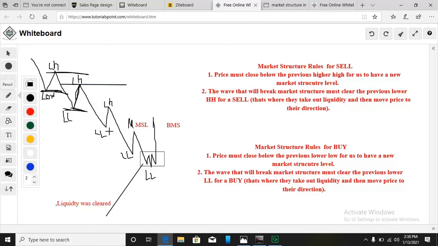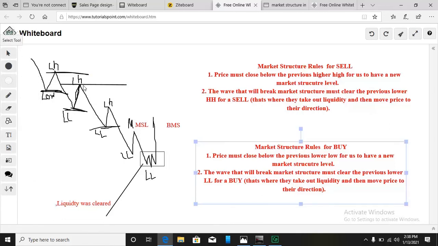Now, when price breaks this lower low again at this particular level and drops to form this particular lower low, automatically our market structure level changes, like I said, to the previous market structure level. So automatically this becomes our previous market structure level. Since this is our previous market structure level,